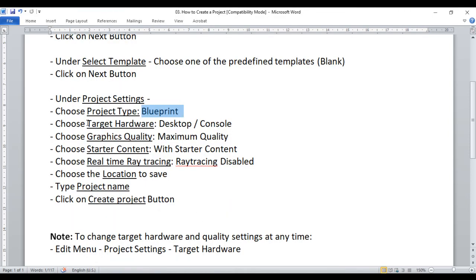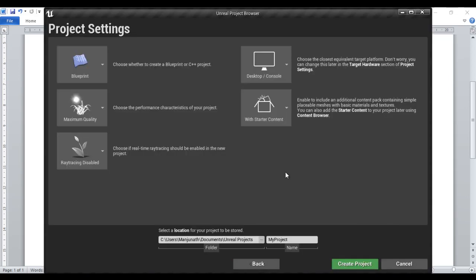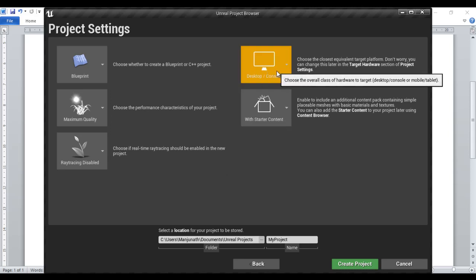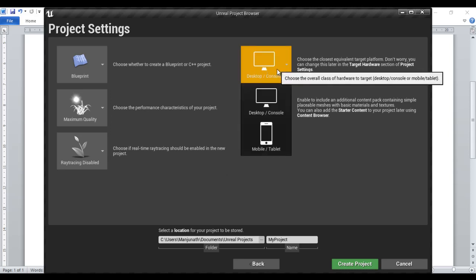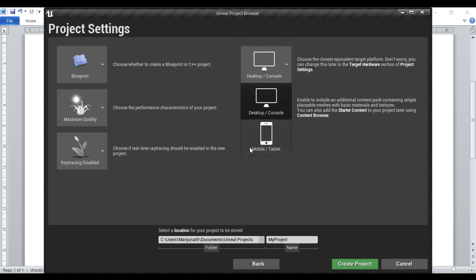Next, choose the target hardware. If you are targeting your game for desktop or console, choose desktop or console. If you are targeting your game for mobile or tablet, then choose mobile or tablet. Desktop or console are considered high-end devices. Mobile or tablet are considered low-end devices.